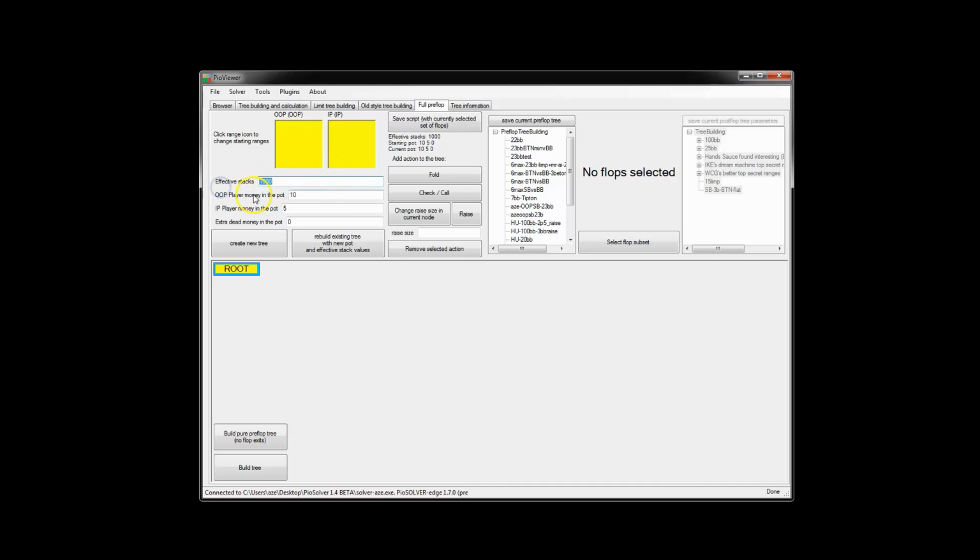We have the effective stacks, the out of position player's money in the pot, the in position player's money in the pot, and extra dead money in the pot. Generally, you're just going to want to do this based on, like, if you're doing a 6 max blind versus blind, you're going to want to set the bigger amount to be the in position player and the smaller amount to be the out of position player, because the small blind being out of position posts that. And if you're doing heads up scenarios, then you're going to want to do this. And extra dead money in the pot is good for antes. It's also good for